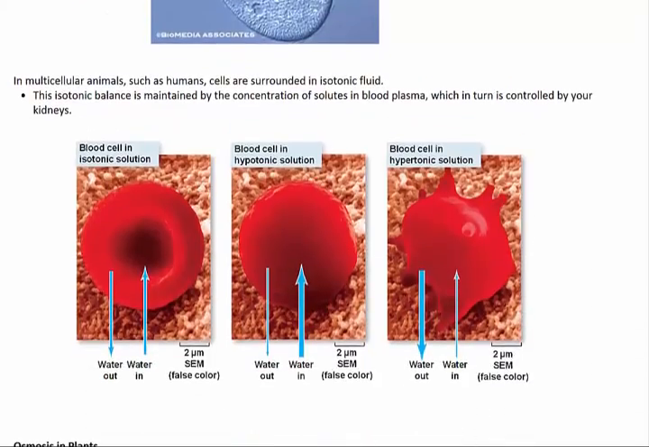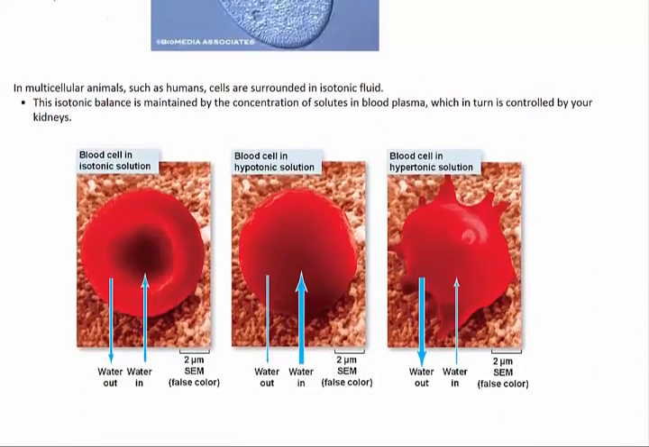In multicellular animals, such as humans, cells are surrounded in isotonic fluid, and this means that cells can function efficiently as water diffuses equally in both directions, resulting in no net movement of water into or out of cells. This isotonic balance is maintained by the concentration of solutes in blood plasma, which in turn is controlled by your kidneys. And this isotonic balance is important because negative effects can occur if the blood plasma surrounding red blood cells